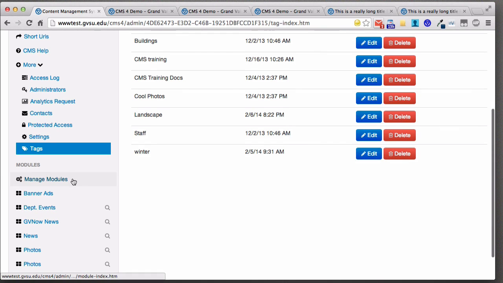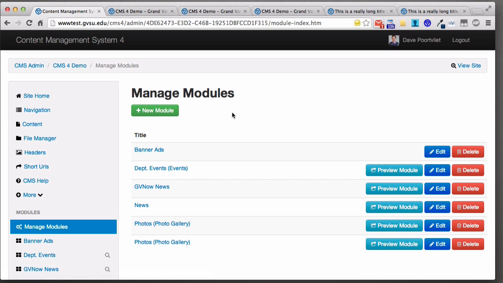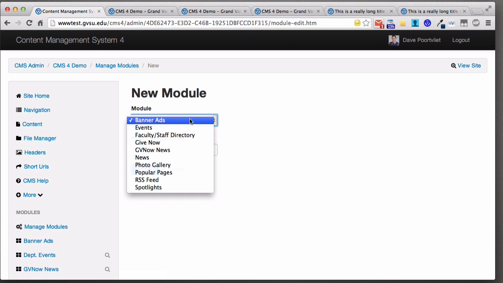So that leaves modules. If we want to manage modules, just click that from the left. Now, as I said before, this is events or photo galleries or news items. All those things from CMS3 have moved over to CMS4. They work a little bit differently, but we're hoping a little bit better. So you can click New Module, and you get a drop down here of all the modules that are available. We have a couple new ones, but if we wanted to add, let's say, a news feed,